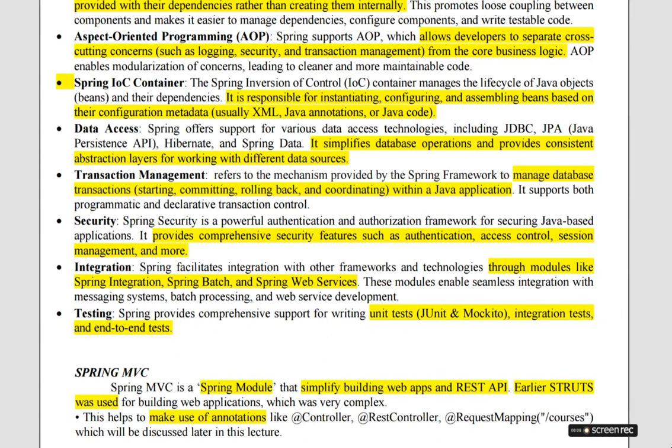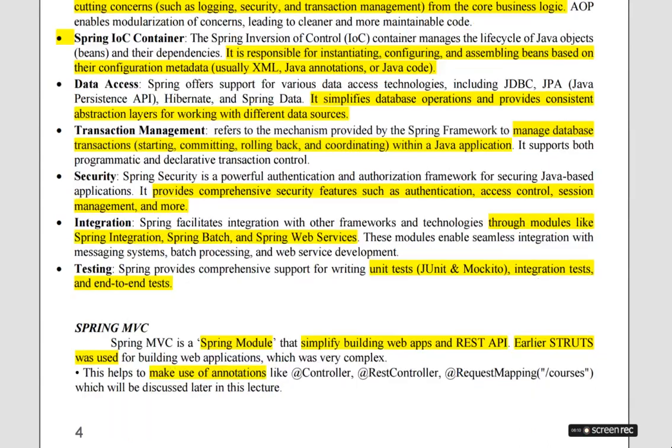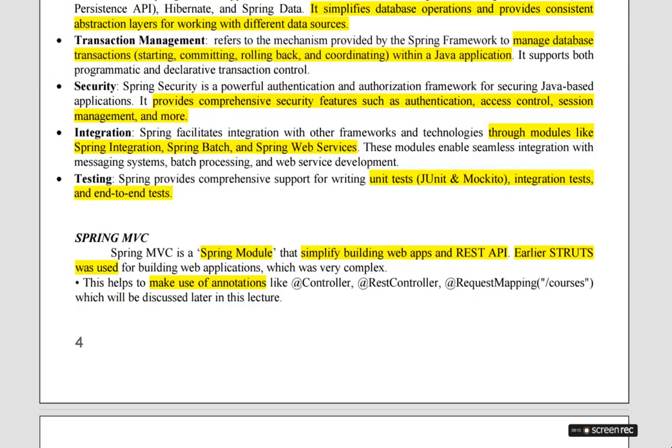The Spring framework is divided into three components for easy understanding and readability. M stands for model. Model means the class or file used to access the database object. View is the UI part, or front end part. Controller is the